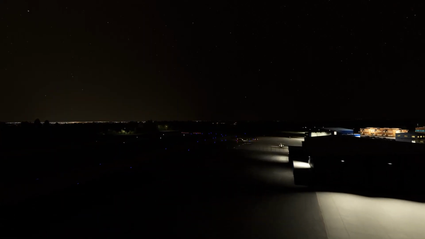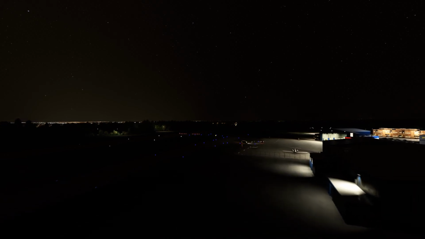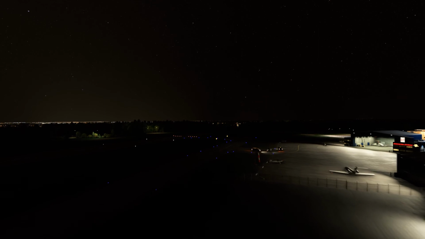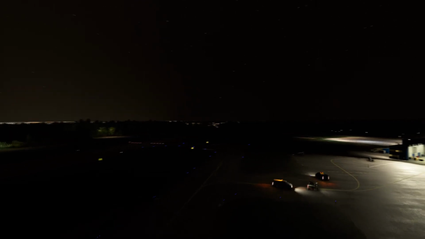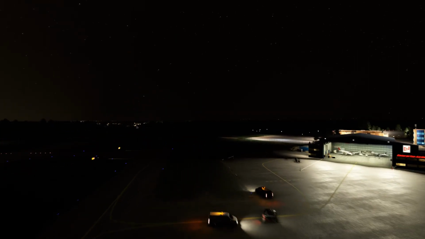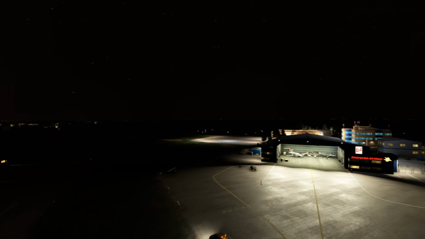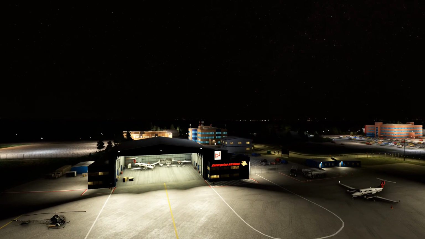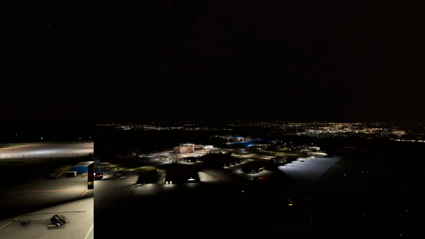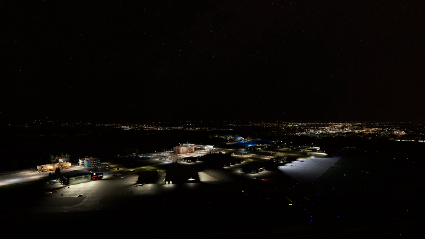So let's make our way slowly up towards this hangar, see what's going on here. That's a windsock floating gently in the breeze. A couple of vehicles on the ground there. I mean, doesn't that look so good? It's beautifully done. So there's a high level shot of the main area on the airport for you to have